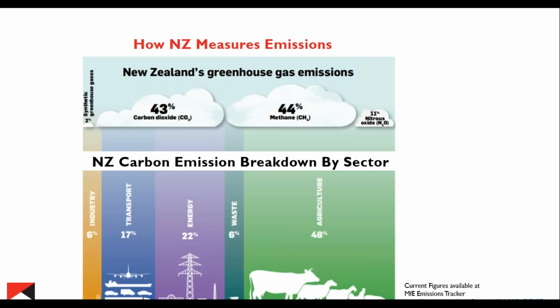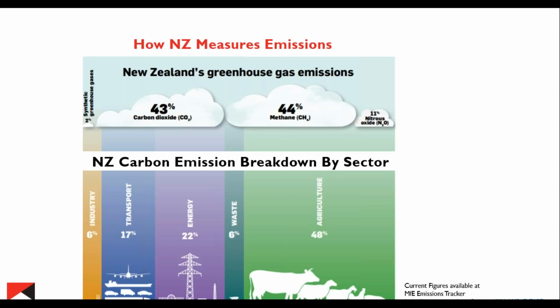This diagram shows a breakdown of where emissions occur across the New Zealand economy, as reported by the Ministry for the Environment. Straight away, you will notice the absence of the built environment. The reality is that the built environment is spread across all these sectors to a larger or lesser extent. Materials are manufactured by industry and transported. These manufacturing processes are powered by energy and they generate waste. Similarly, our activities within our buildings use energy and generate wastes, and some products we use in our buildings come